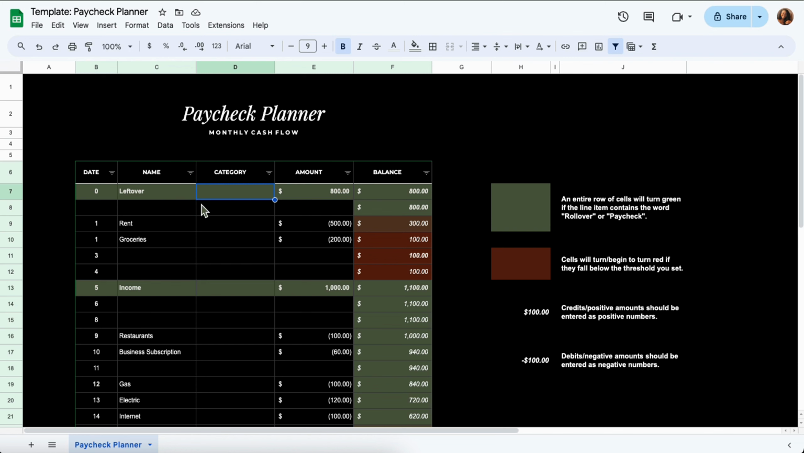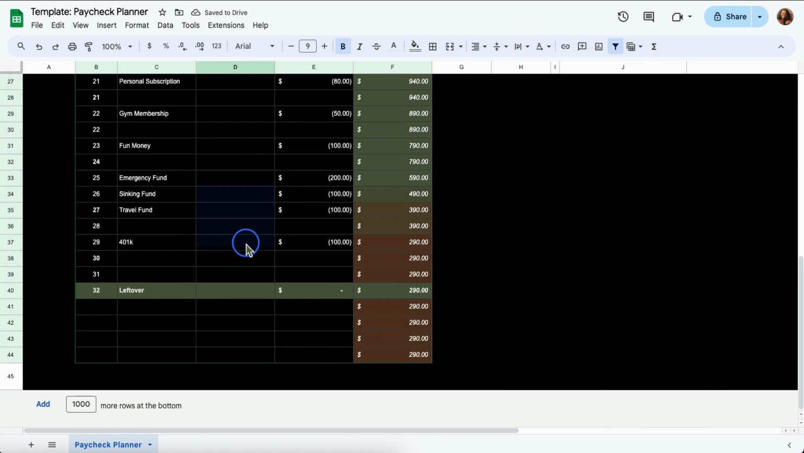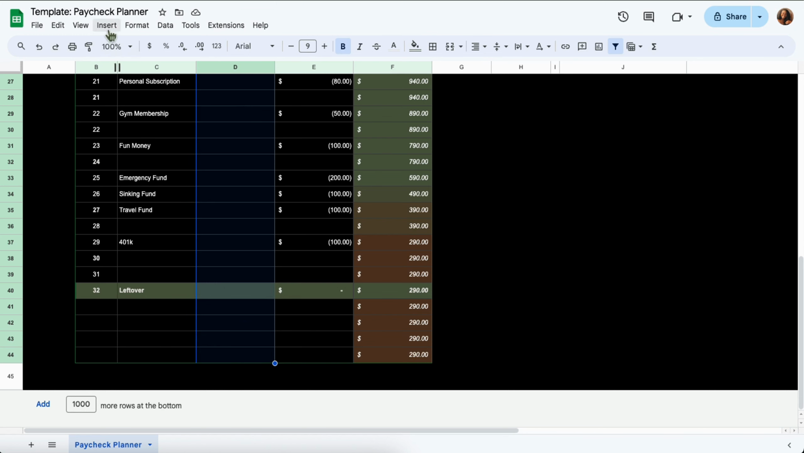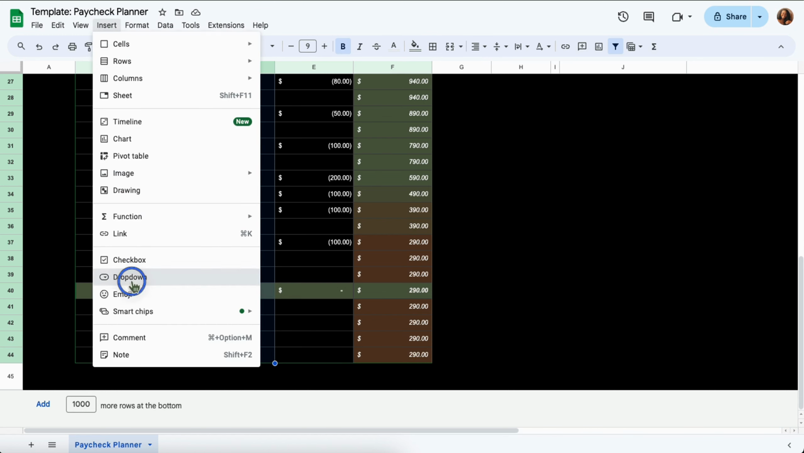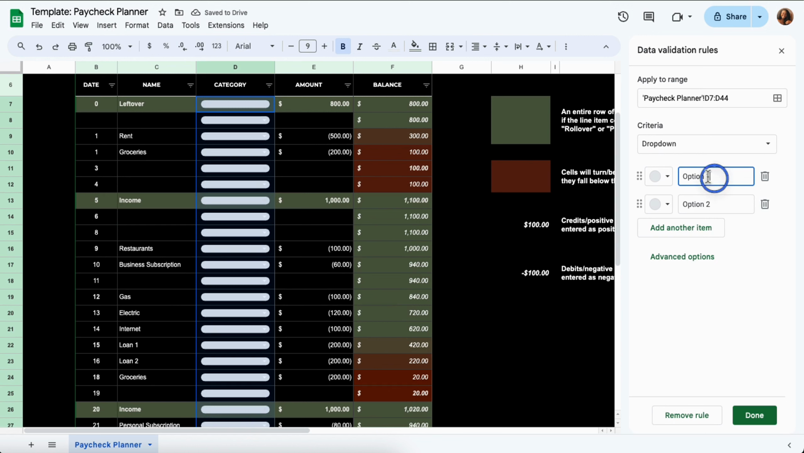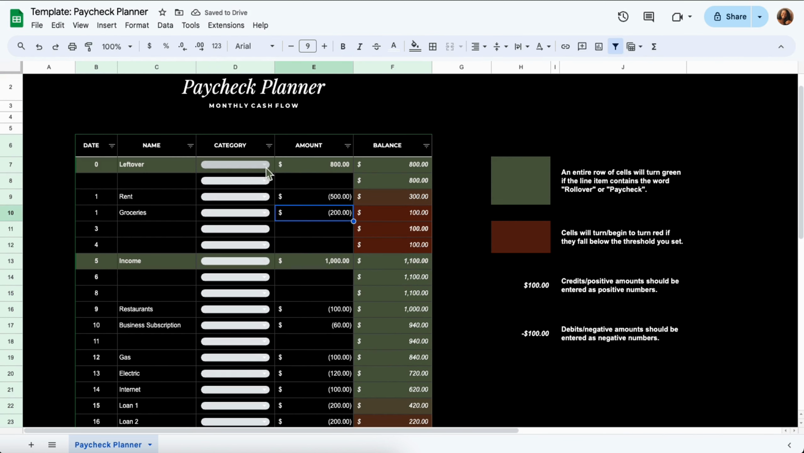And in terms of the category, you can go about this a couple of different ways. You can either just type in the text, so we can say like needs, wants, etc. Or we'll delete this. And if you select all of these cells, if you go up here to insert and then do drop down, now you'll be able to select your options here. So we'll call the first one needs, the next one wants, and let's give them some different colors, and we'll click done. And now when you click this drop down, you will have the option to select the different categories